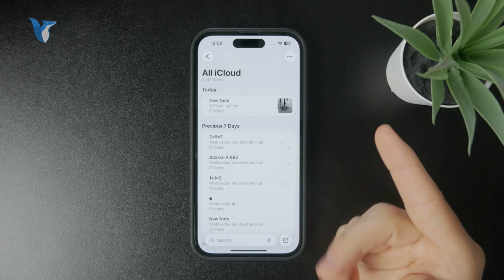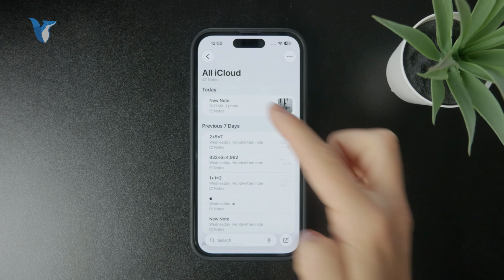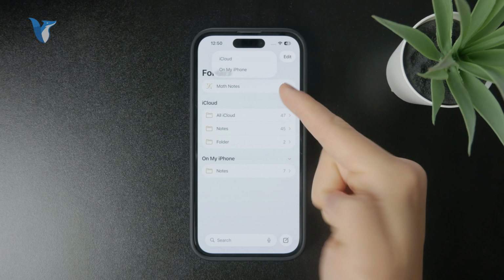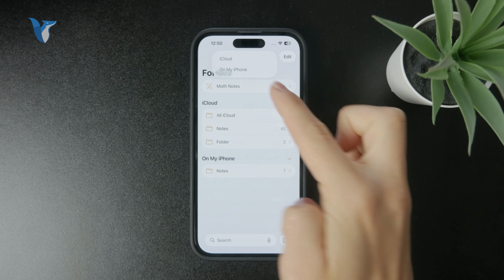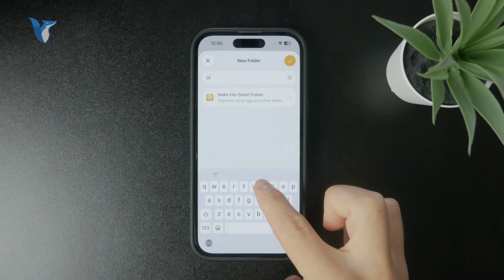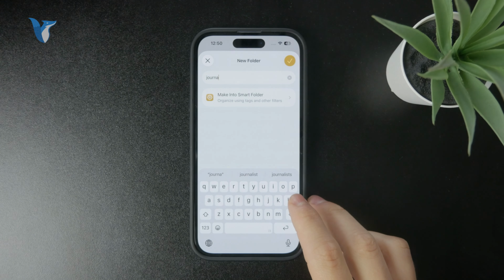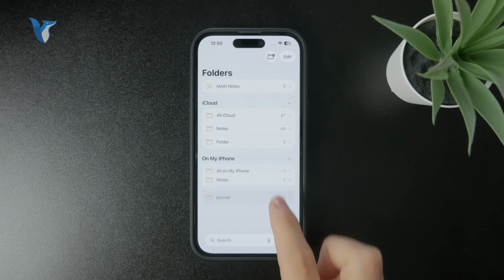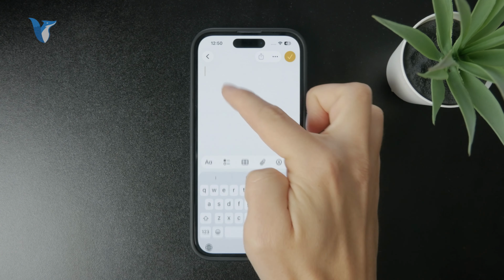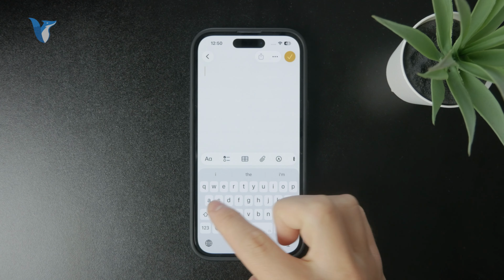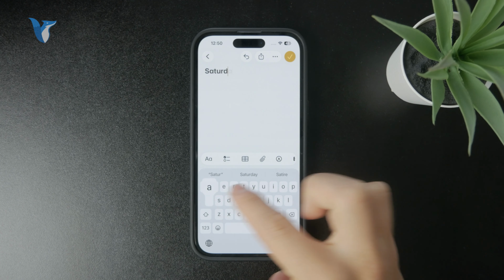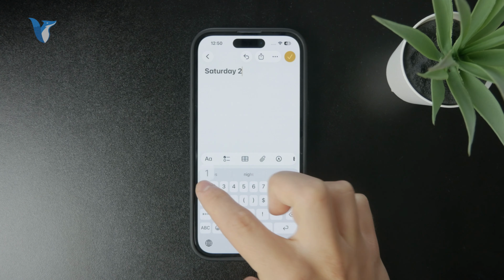The way I would recommend you to do it is to open up the main Notes app, go to the folders, and tap on the plus button to start a new folder. Ideally, you should title it your journal, and you can see that you can store your notes in here. So you tap on a new note, and in order to organize it a little bit, it would make sense to add the title somehow, like perhaps choose the date to be the title so you can see exactly what's going on. So ideally you would type in the date and a title for it,